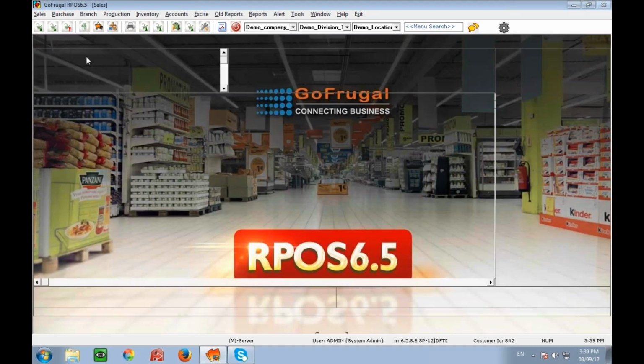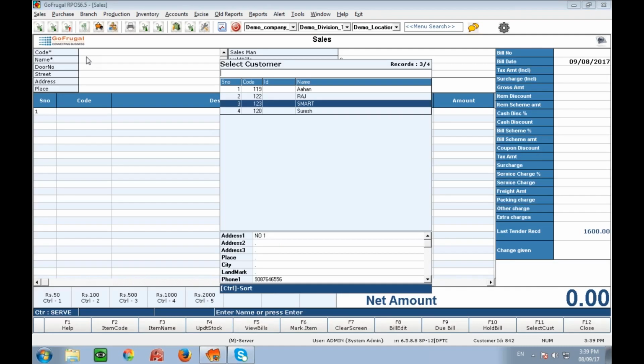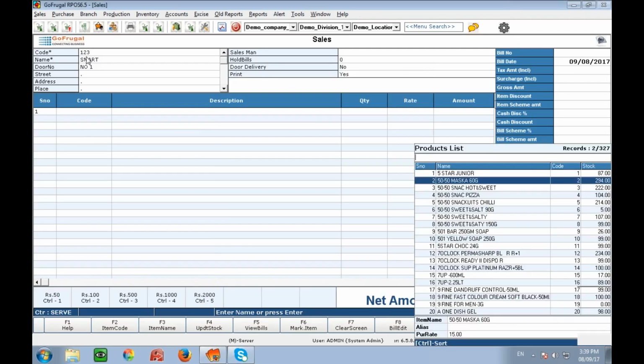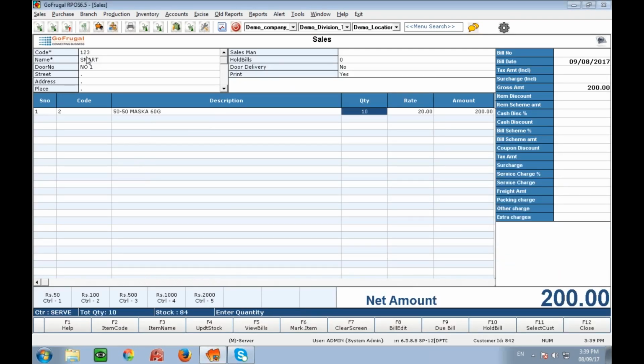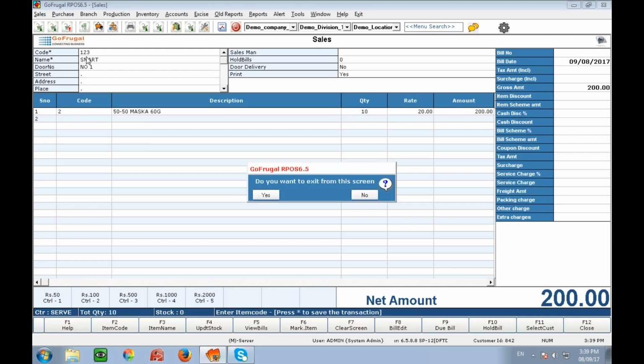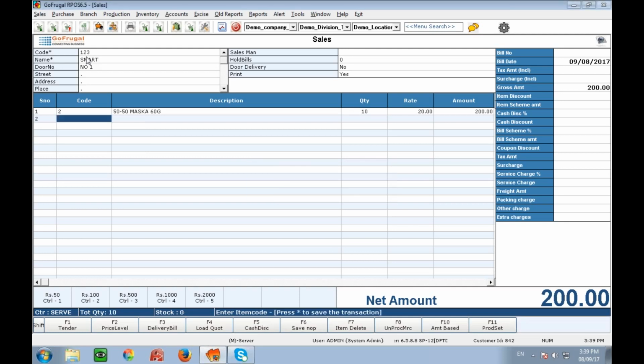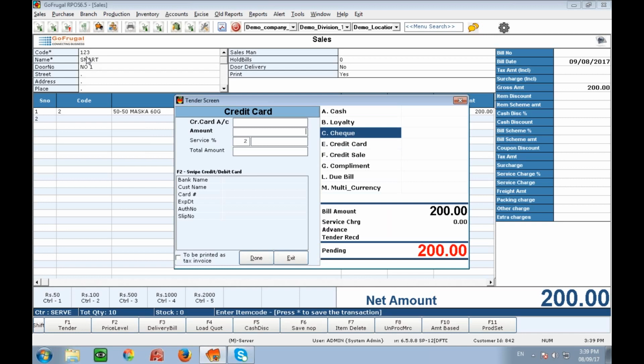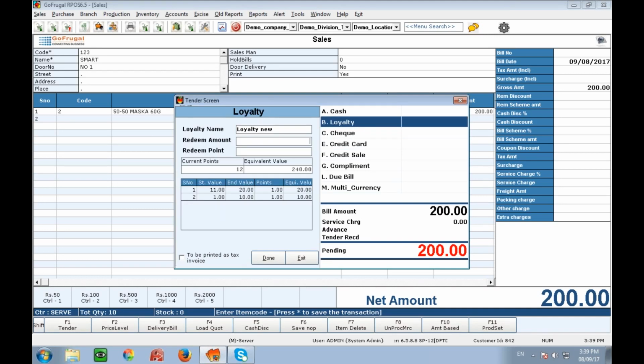Now the same customer comes again and is choosing some items. Can you see this?